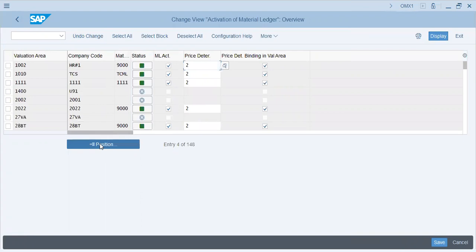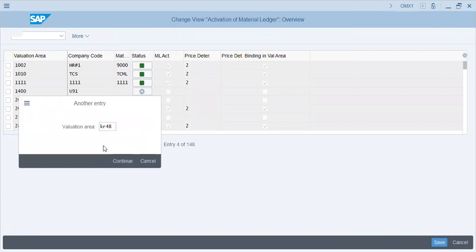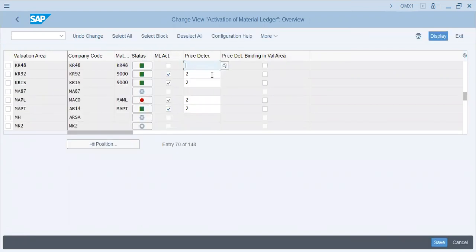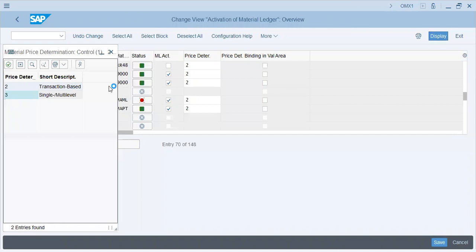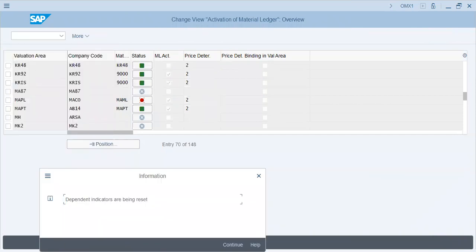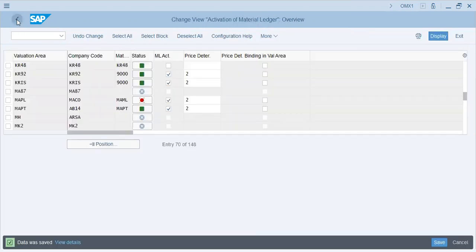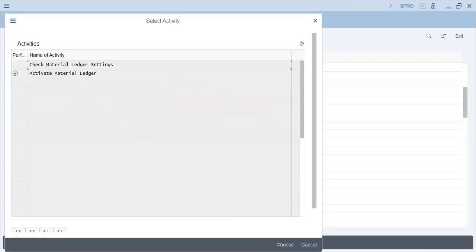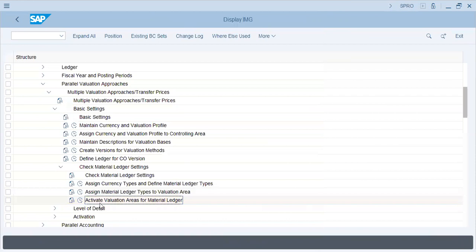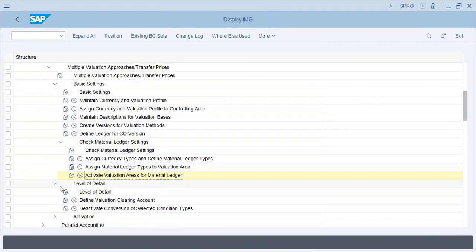Valuation area, KR48. Price determination will be 2, which is individual transaction based. Okay. Continue and save. Okay, level of detail. Define valuation planning. We'll do this later. And today's lecture is